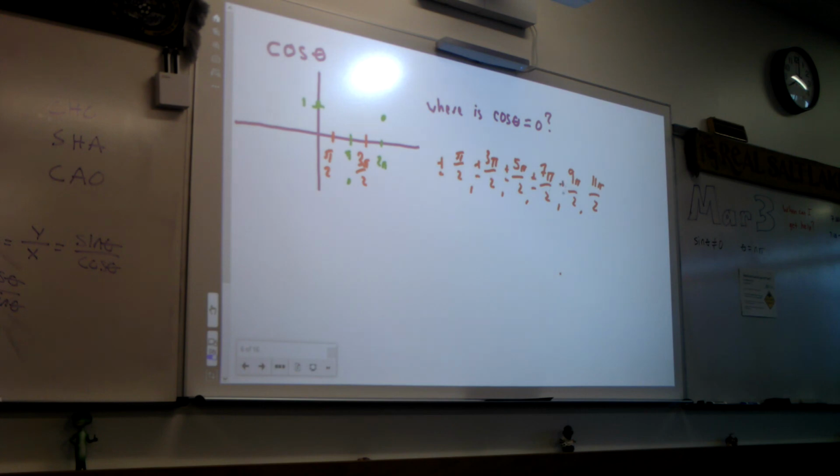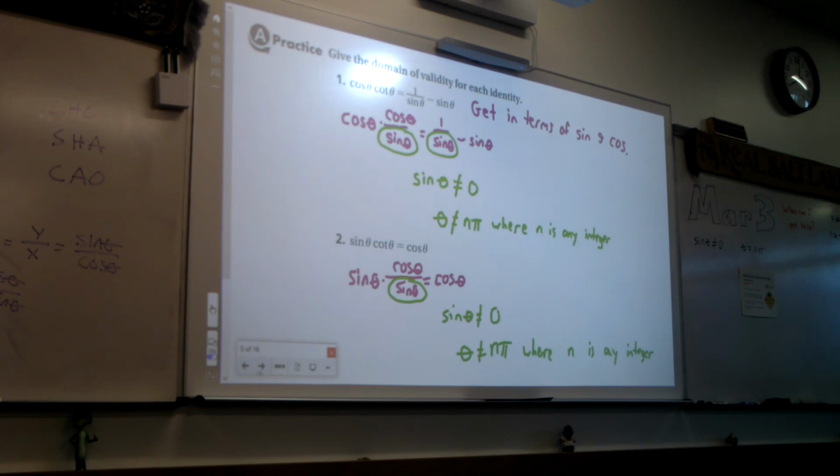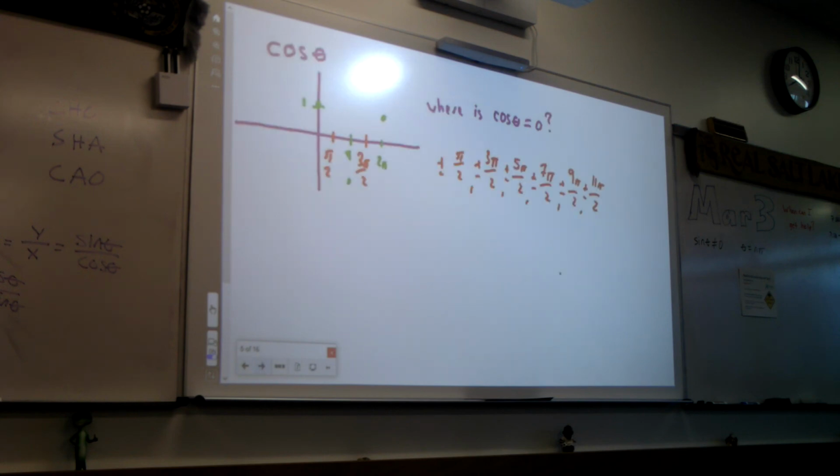So what's going on in the numerator? What do all the numerators have in common? They're all odd. Thank you. I was hoping you're seeing it. They're all odd multiples of pi. So how are we going to write that out? Because the last one, it was easy, right? They were all just multiples of pi, so we'd say, well, just don't let theta be multiples of pi. We're saying here we want theta to be odd multiples of pi halves. So this one is a little bit tricky. When I was in college, we had to write the definition